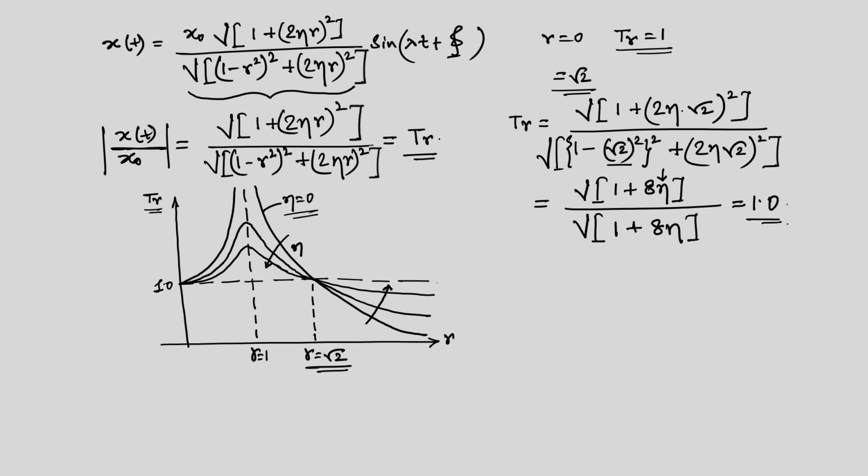When we will have a session dedicated for MATLAB, then we will actually plot this in a better way. We will write the equations in MATLAB and then plot it, and we will see the same nature we will get. But for the time being, to understand the nature of the transmissibility, we refer to this plot, and it clearly tells that these 2 points are r equal to 1 and r equal to square root of 2. These are the 2 most important points.